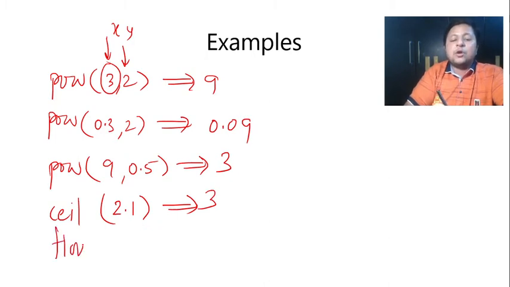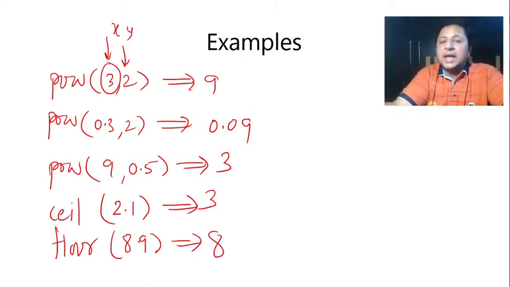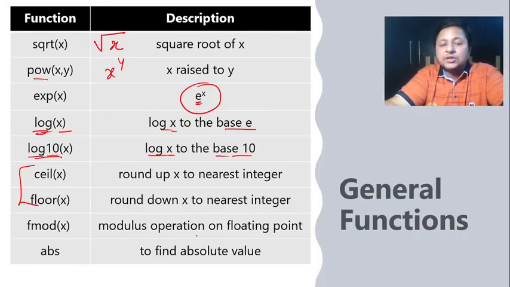Similarly for floor, even if I have something like 8.9, it is still going to give you the floor answer as 8. So can we say floor is as good as doing truncation? It discards the fraction part and only gives you the integer part. That can be done by the floor function. Fine? Okay, sorry, we have some more functions to go ahead.